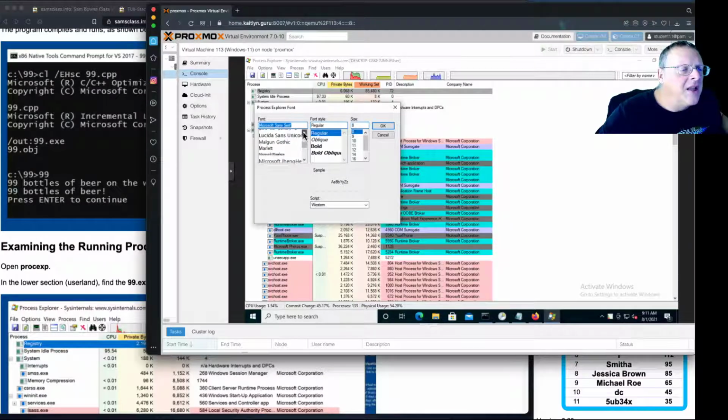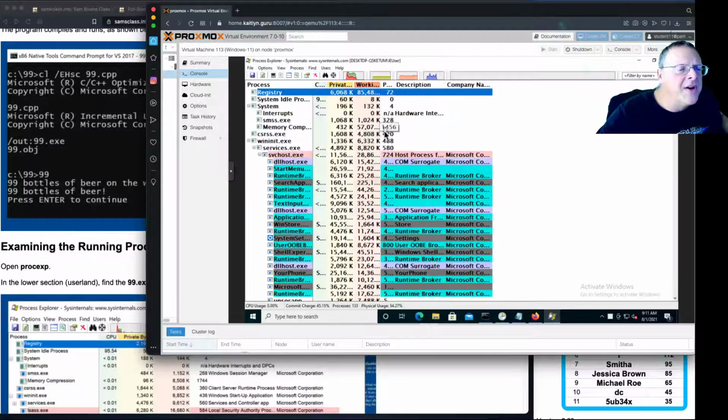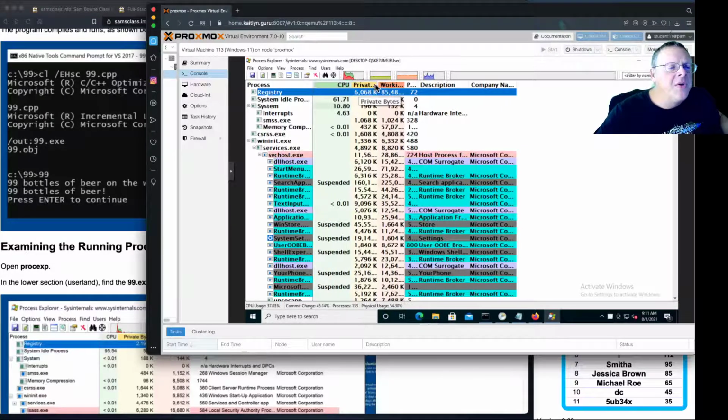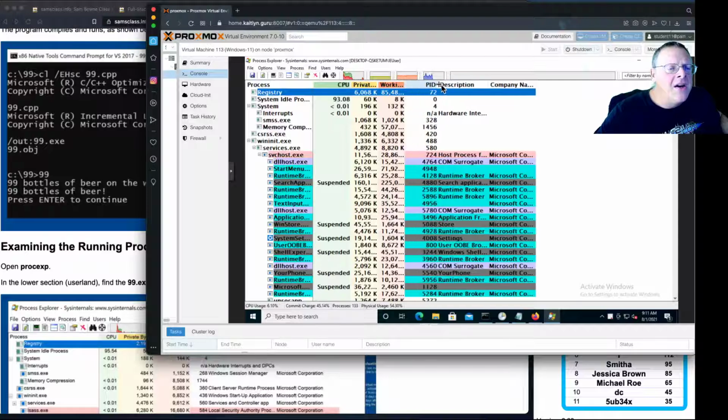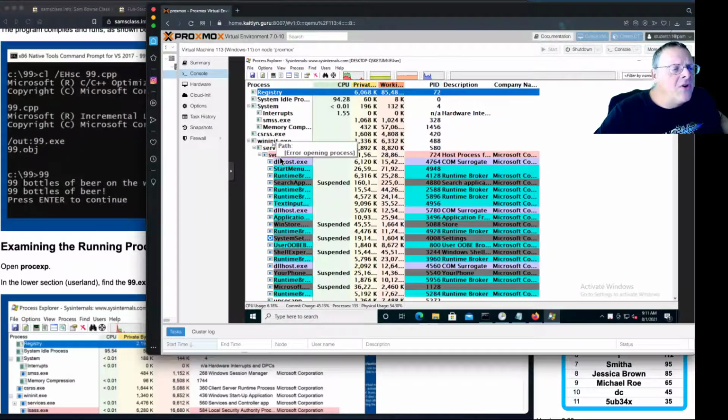A little bit of lag in my response here. There, Lucida of some sort, bold. Let's see if 12 looks better. Yeah, that looks better. All right, now, what it's got here is all the processes running on